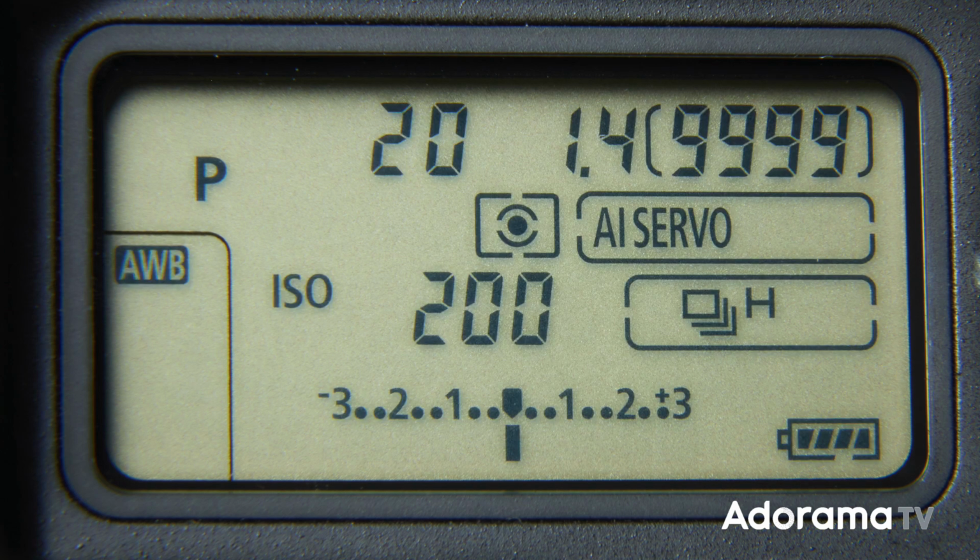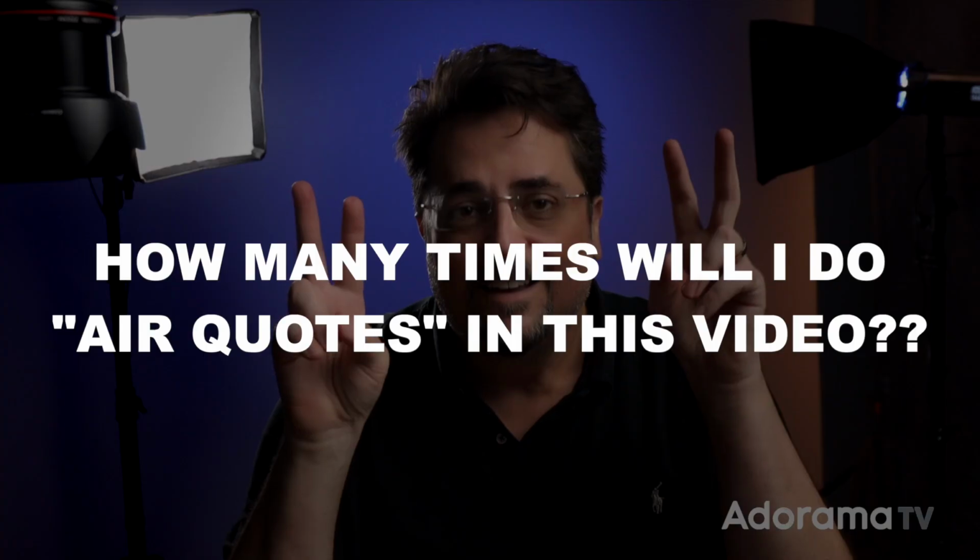But for the sake of this conversation, all you need to know is that if you go into full program mode, which is usually the P mode on the camera, full program where the camera does everything for you, when it comes to exposure, the camera is going to pick all three of those settings in the exposure triangle to get what it considers to be the correct exposure. Now, I always put that in quotes